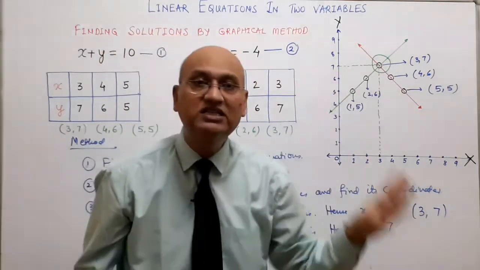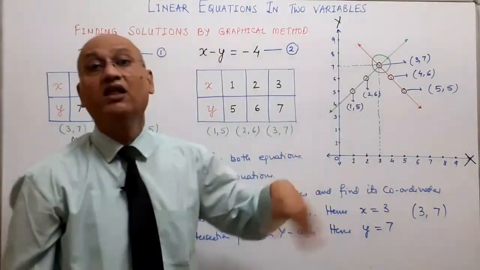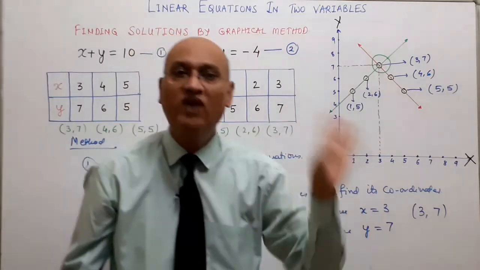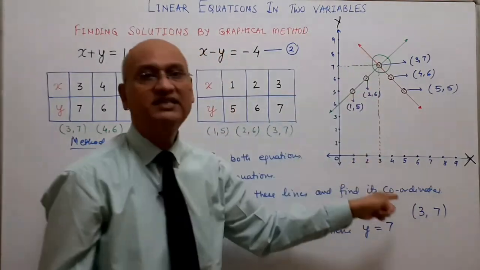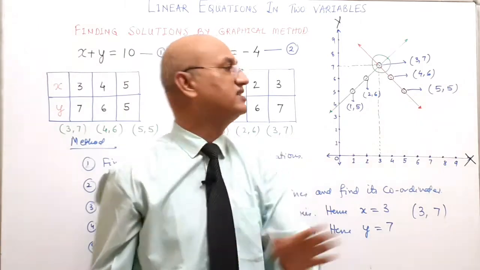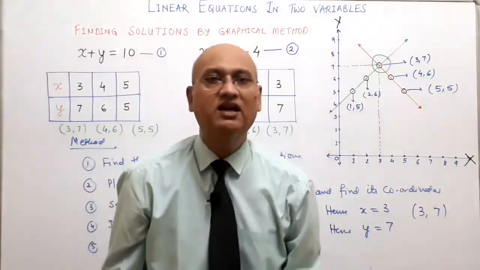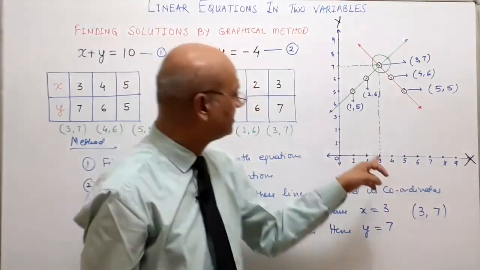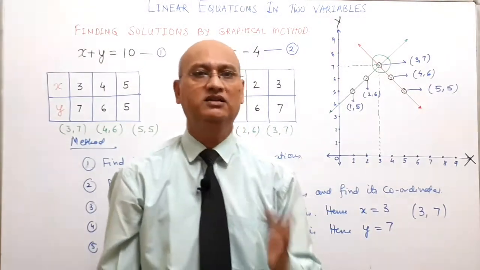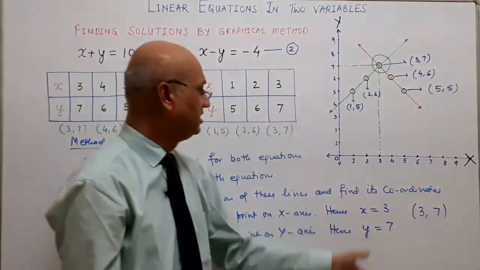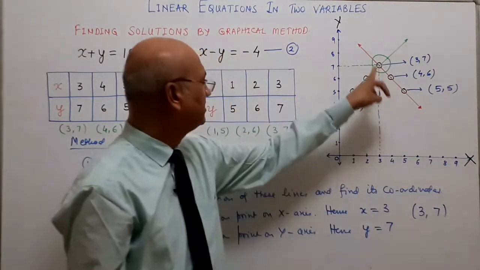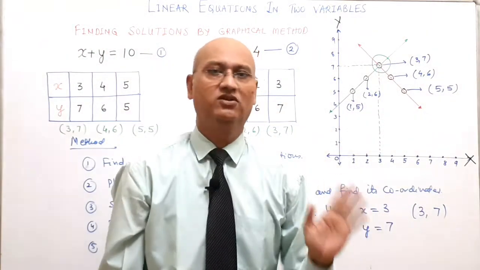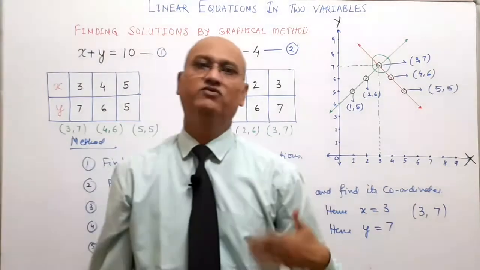See the point of intersection where the two lines intersect. From the point of intersection, draw a perpendicular on the x-axis and draw a perpendicular on the y-axis. Where the perpendicular on the x-axis cuts gives the value of x, and where the perpendicular on the y-axis cuts gives the value of y. And write the x value first, as I already told you that in coordinates we write the x coordinate first. So here the solution will be 3 and 7, because on the x-axis it is cutting at 3 and on the y-axis it is cutting at 7. Now you just go through it till the time we move to the next method.